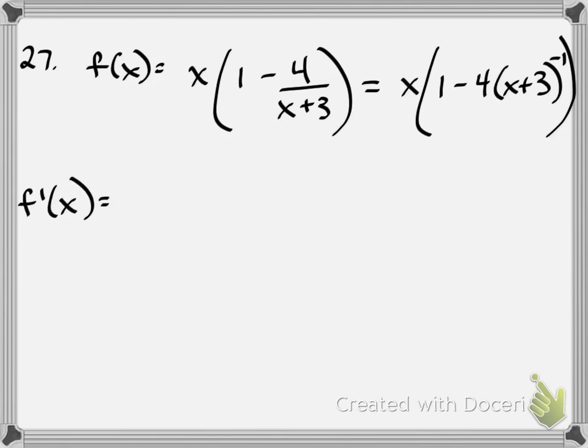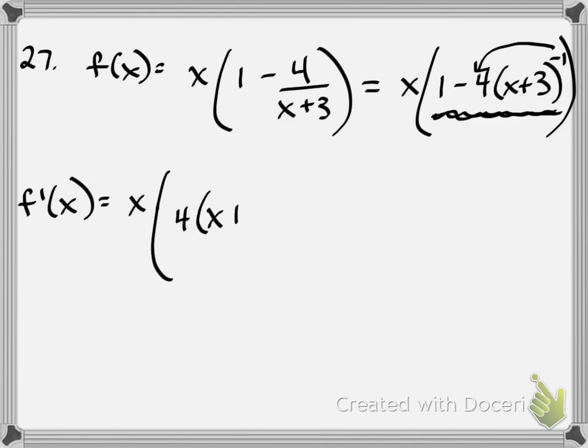All right, so product rule: first times the derivative of the second. So this is a sum or difference, so we're going to do the derivative of 1 and get a 0. And this is going to come down and multiply times our x plus 3 to the 1 less. And we should do the chain rule and get a 1 here. So first times derivative of second plus second